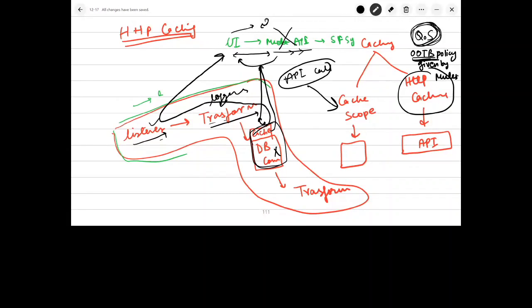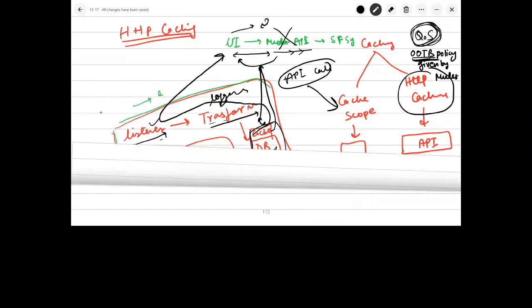Okay. Any questions here? We will discuss HTTP caching again. I will show you what the pros and cons are, and what the limitations are when we use HTTP caching. Okay, so